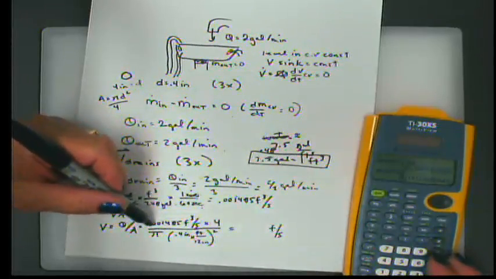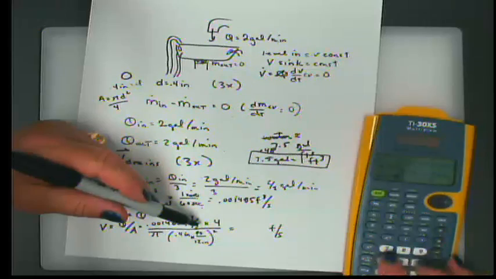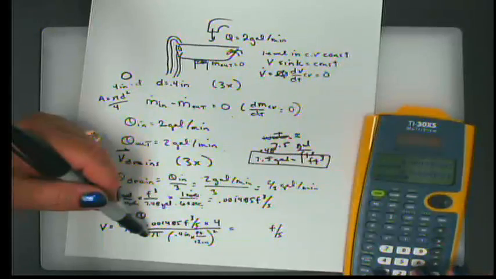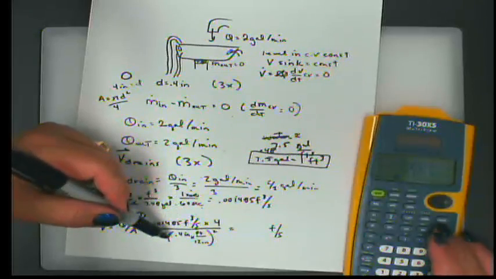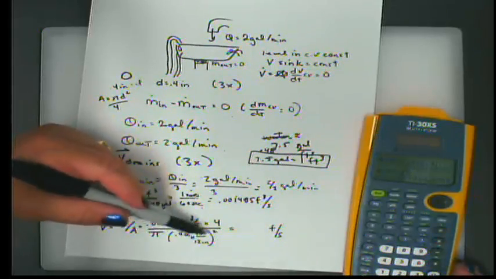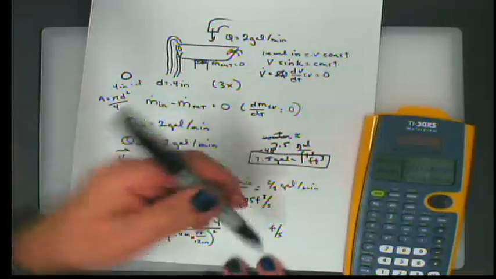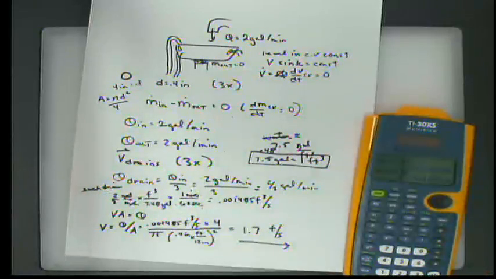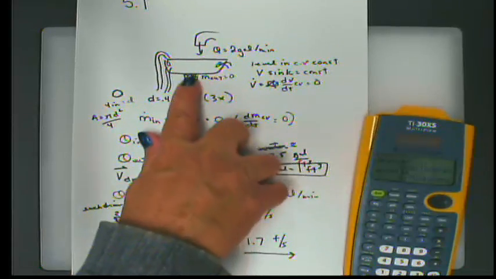So let's see what my number turns out to be. 0.001485 times 4 divided by pi and divided again by 0.4 squared, and then multiplied by 144, because 12 times 12 in the denominator flips up to the top, and I get 1.7 feet per second. All right, so what that tells me then for problem 5.1 is if the level in